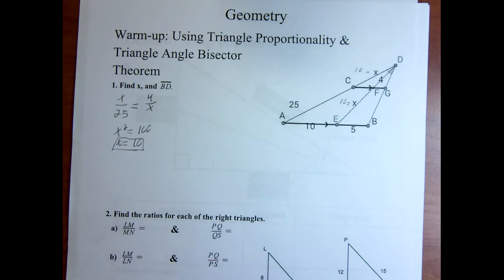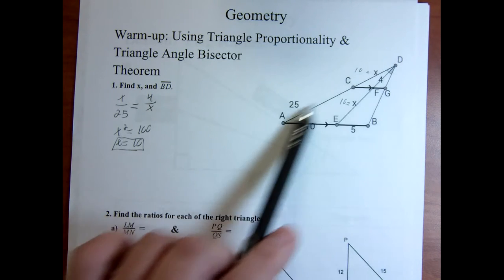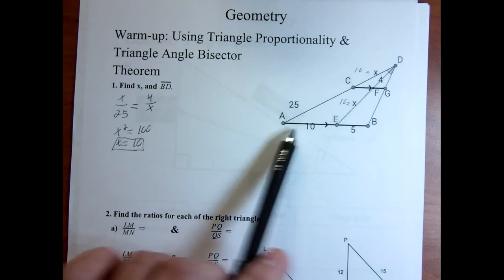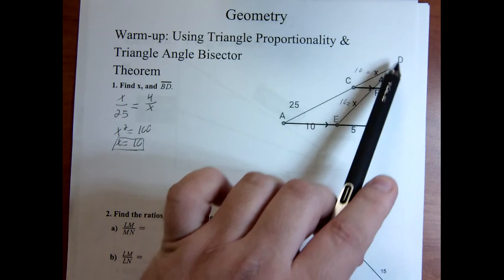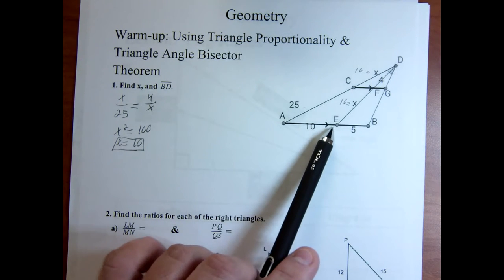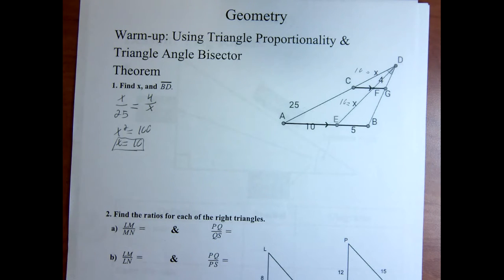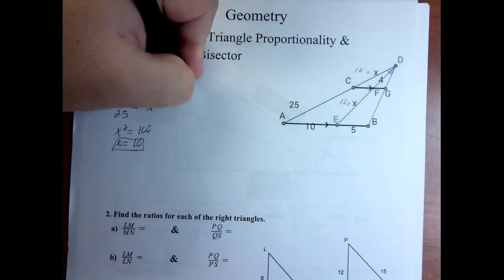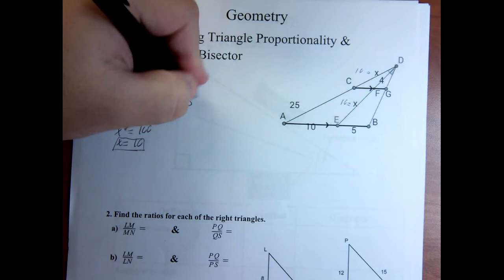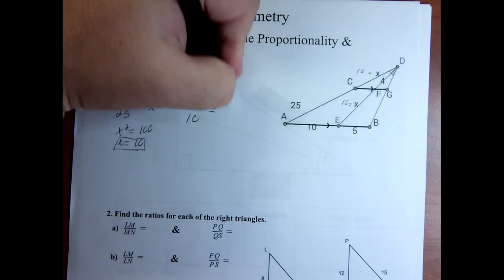Well, the triangle angle bisector theorem says if you have an angle bisector in a triangle, which according to this we do, then the sides are proportional to the segments of the side that's being segmented by that angle bisector. So we can say that DA over AE is equal to DB over BE. That is the triangle angle bisector theorem. So that would mean that 35 over 10 should be equal to BD